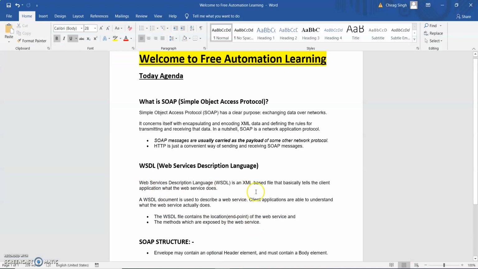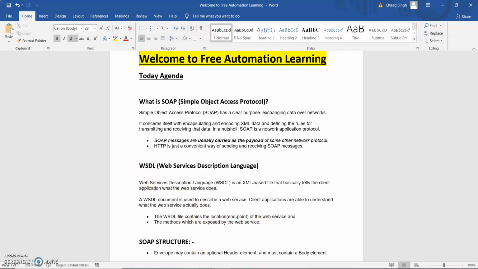So same I have written here. Okay, it tells the client application what the web service does. A WSDL document is used to describe a web service. Applications are able to understand what the web services actually do. Okay, so it gives the endpoint and what are the expected methods. So this is a WSDL.